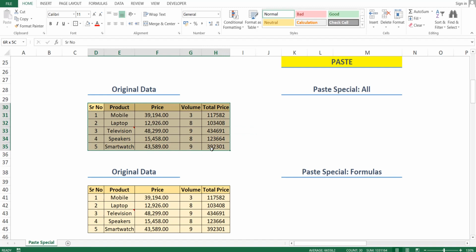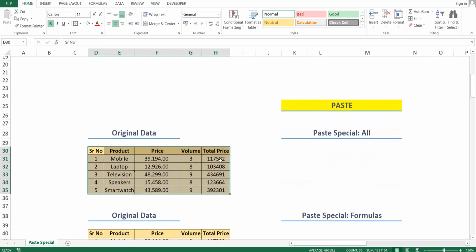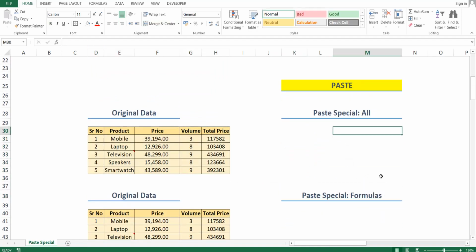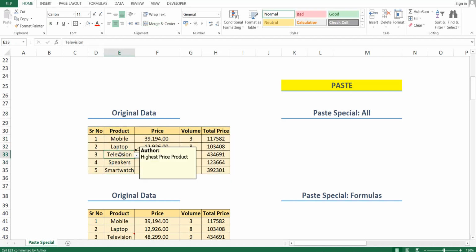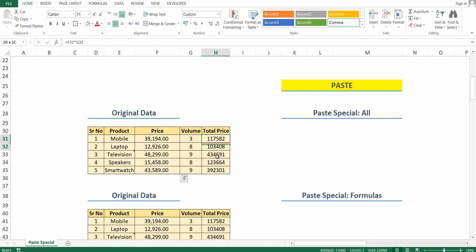The same data I have copied and pasted one by one so that I can effectively explain all the paste special options. Now we will move towards our main topic, the first category from the paste special, that is the paste category. So our first option is paste special all. Under this option we can copy the entire data as it is. What do we mean by as it is? As it is means all the formatting style, the comments, number formats and formula will get copied to the desired location as it is.